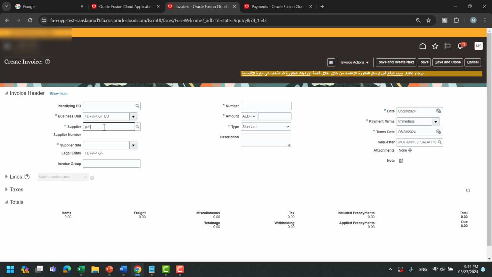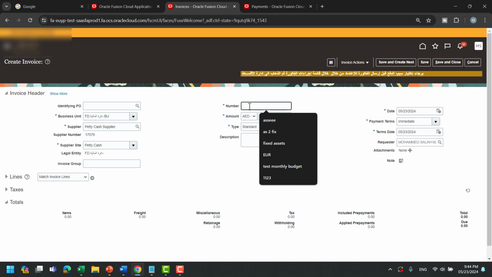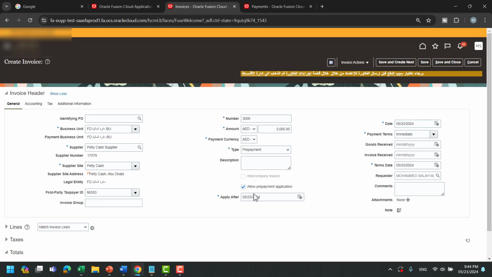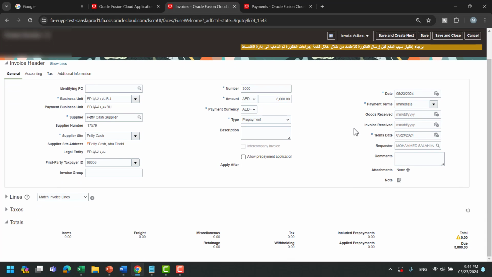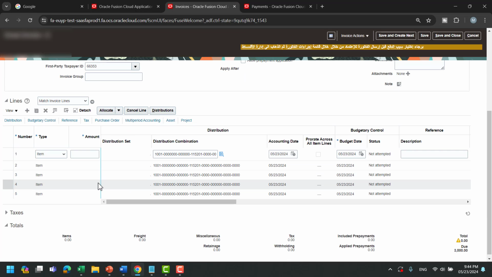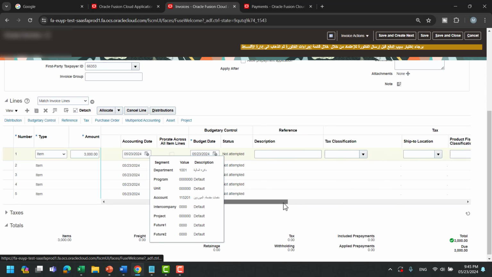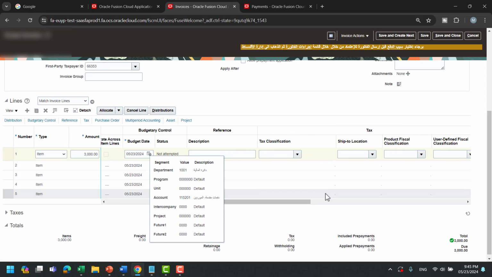Here petty cash, again also 3000, 3000 prepayment. What I will do, I will uncheck this. Uncheck means it will be permanent prepayment. I just need to show you what will happen. Lines, I put 3000 prepaid expense by default, and